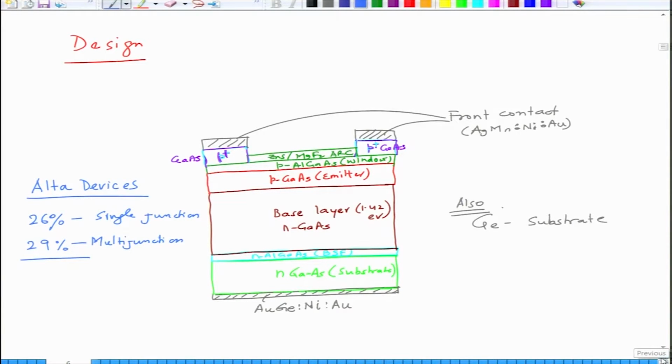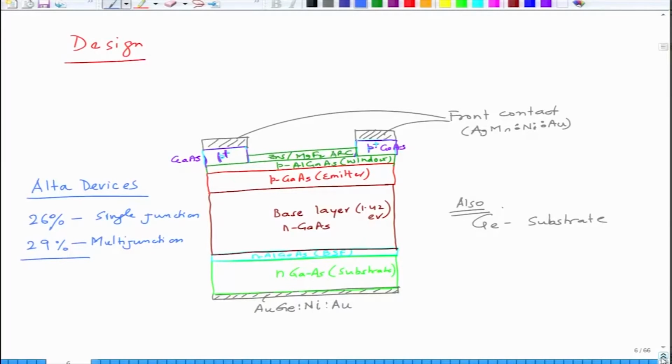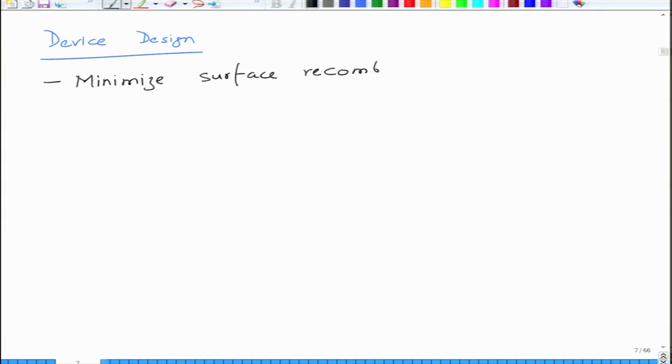The concepts which are used in silicon are also valid here to improve the performance, because design considerations are fairly similar: use of ARC, surface passivation, reducing the surface recombination, reducing bulk recombination, so on and so forth. So, these principles are valid, and so basically the device design requires one to minimize surface recombination, and for that people use these window layers,